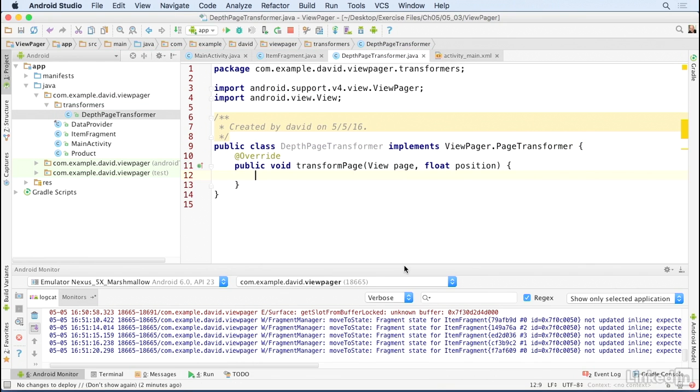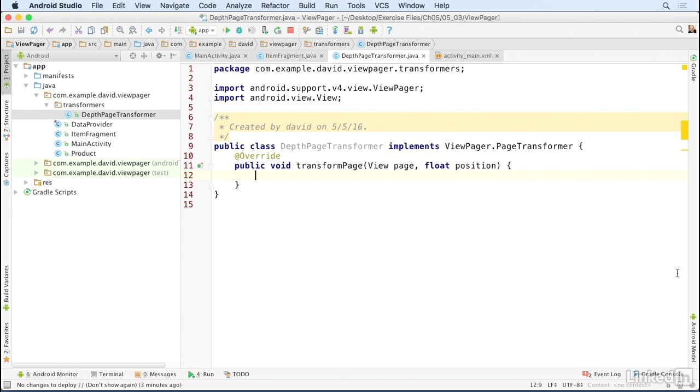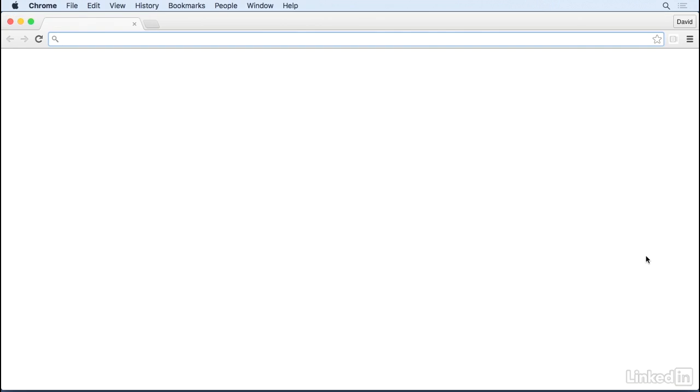So here's how this works. As the user swipes from side to side, each time something changes in the position of the user's touch, the transformPage method will be called. It's up to you to look at the page's position and other state and change it. Now, this can take quite a bit of code. So rather than code this from scratch, I'm going to go get some code that I've stored online in a gist on GitHub. I'll go to this URL,